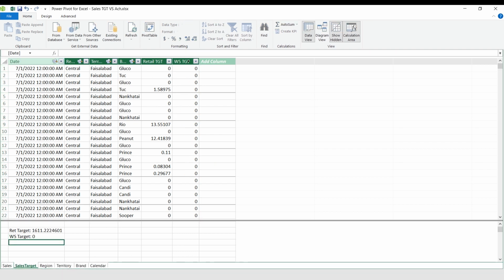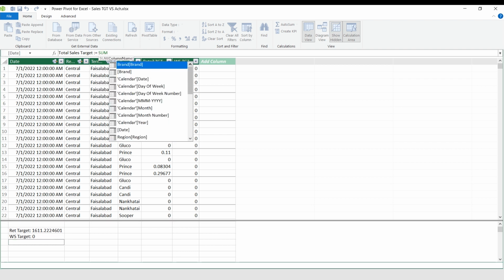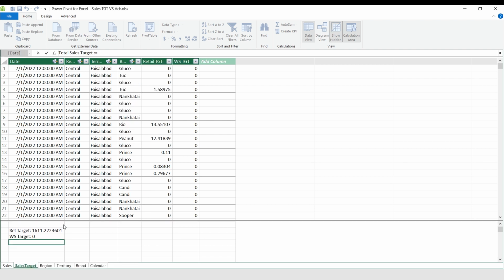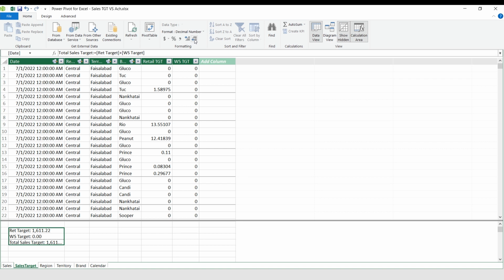Now I'm adding both targets to get the total sales target. I'm selecting these both, retail plus wholesale. So this is my total target. I'm selecting them, formatting, and converting into one decimal.